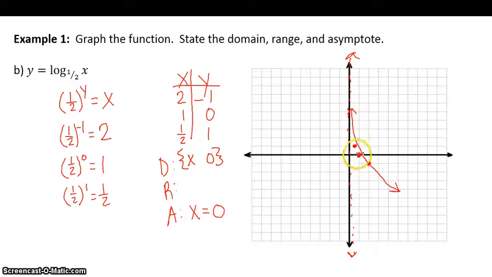Now you look here and ask yourself, am I using the x values to the right of the asymptote or to the left of the asymptote? Since the graph is only on the right side of the asymptote, that means this is when x is greater than 0. And our range for log functions like this will always be all real numbers